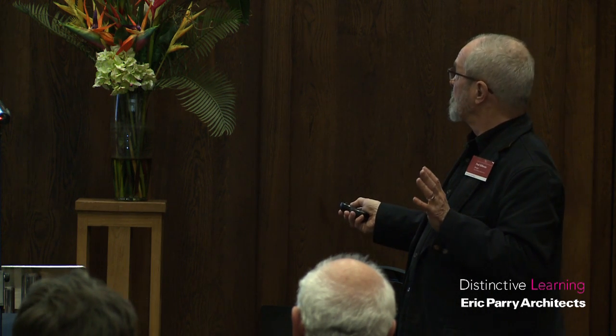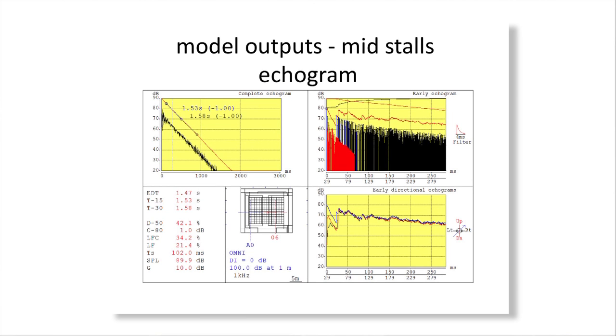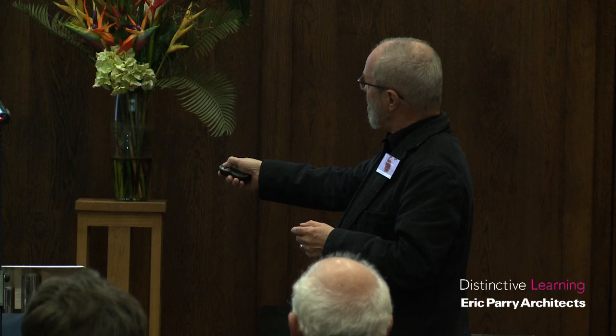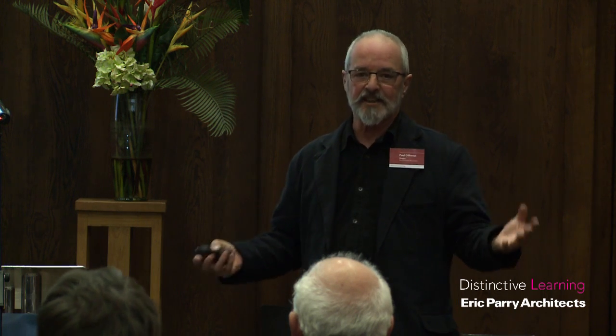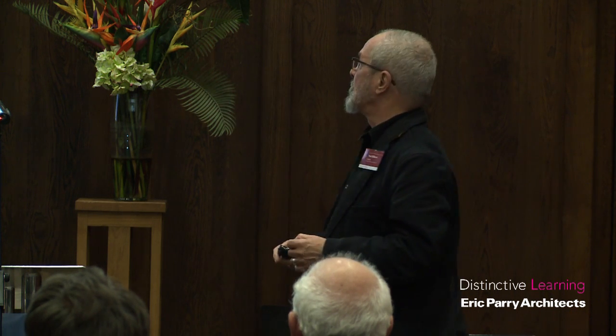You get this, which means absolutely nothing to most people. But to an acoustician, this tells 90% of the story. This is the decay of sound as it decays in the room. And what you're looking for is a fairly straight line. That means the sound is being scattered, it's a nice smooth decay, it's not lumpy, there are no echoes, sudden spikes. So that to me is a very good decay, and that is one of the decays that we will have in the Wales Cedars Auditorium.